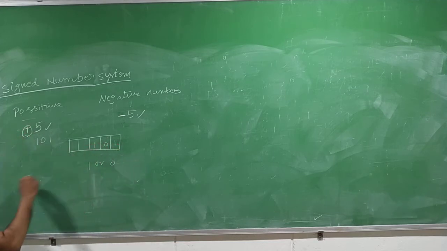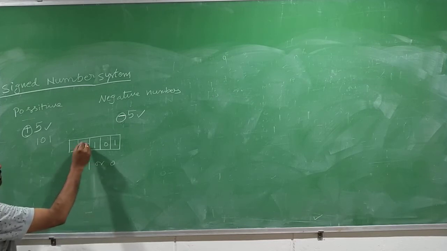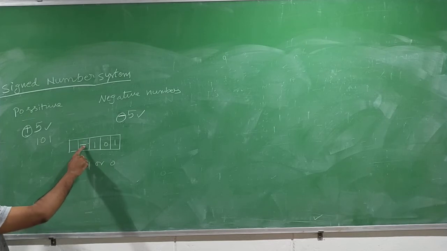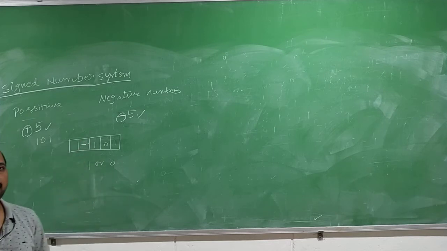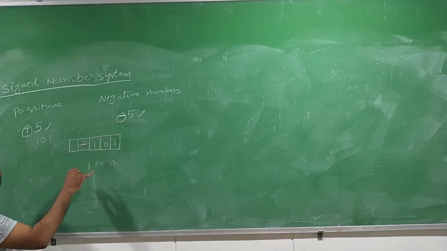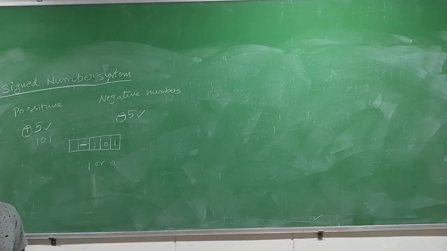How can you write the positive or minus sign in this location? You cannot write a positive sign or a negative sign in the memory locations directly. Because of that kind of hardware difficulty, we cannot write the symbol like this in a computer. So the other way is, we need some other kind of representation to represent the sign of that particular number, and that representation is used to store faithfully in the binary memory.